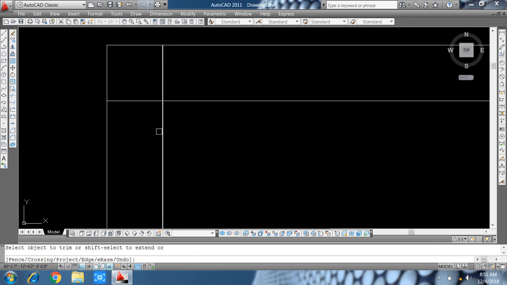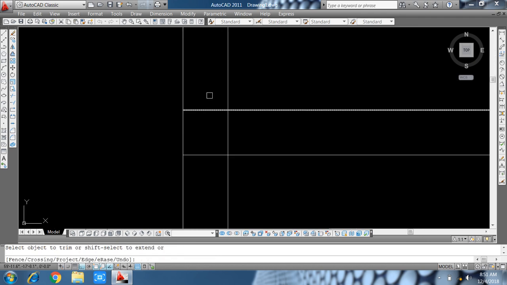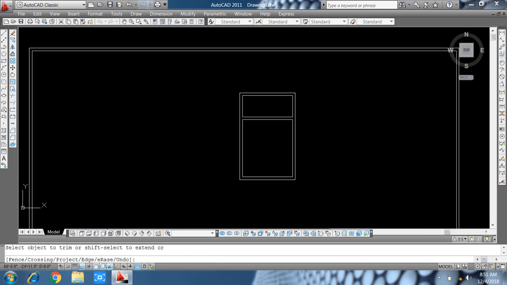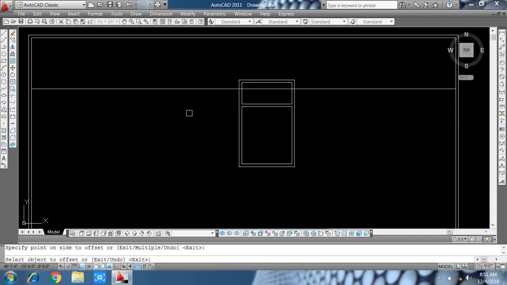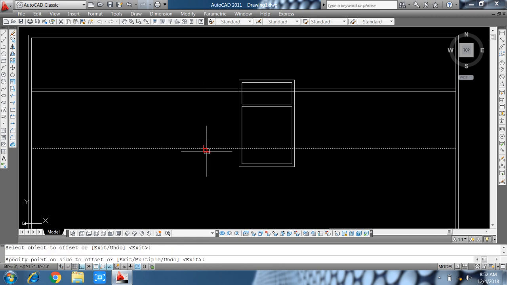Now friends, we make another room, offset 14 feet 3 inch and offset 9, offset 14, sorry, after 16 feet, offset 9 feet 9 inch, and offset 14 feet, offset 9 inch.